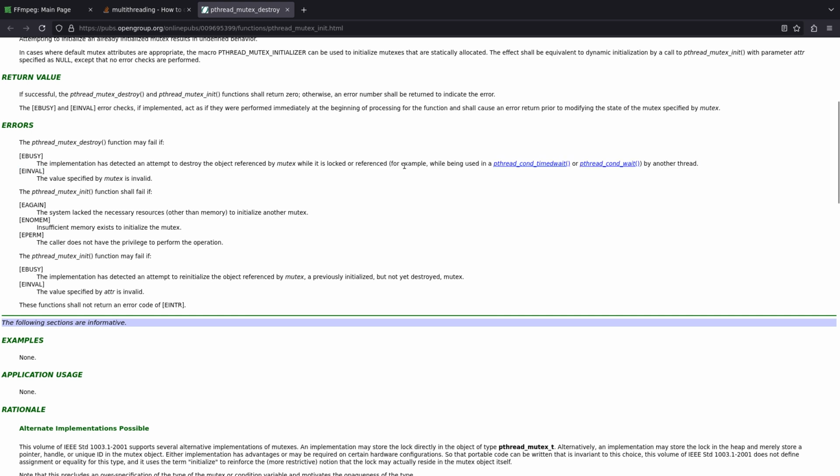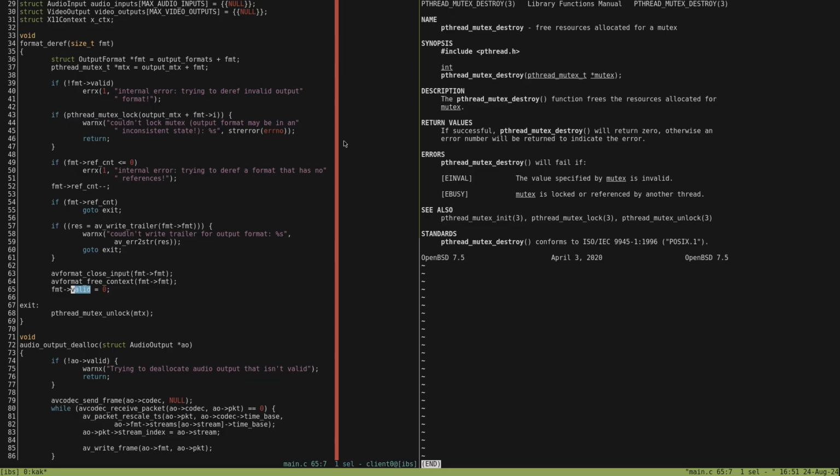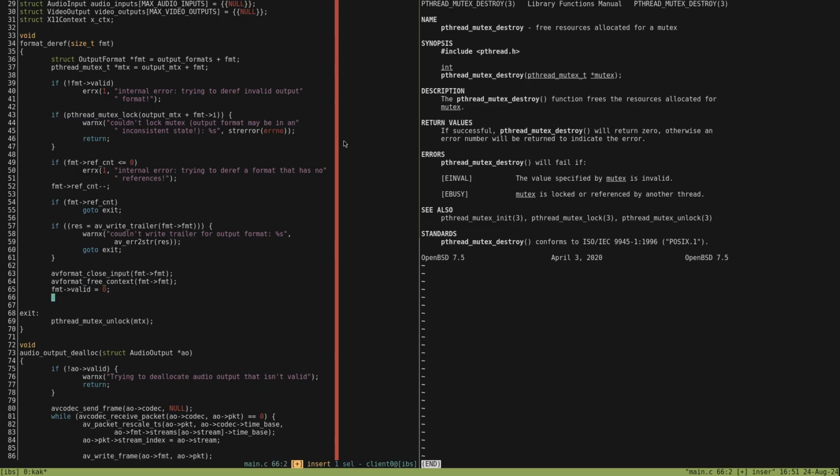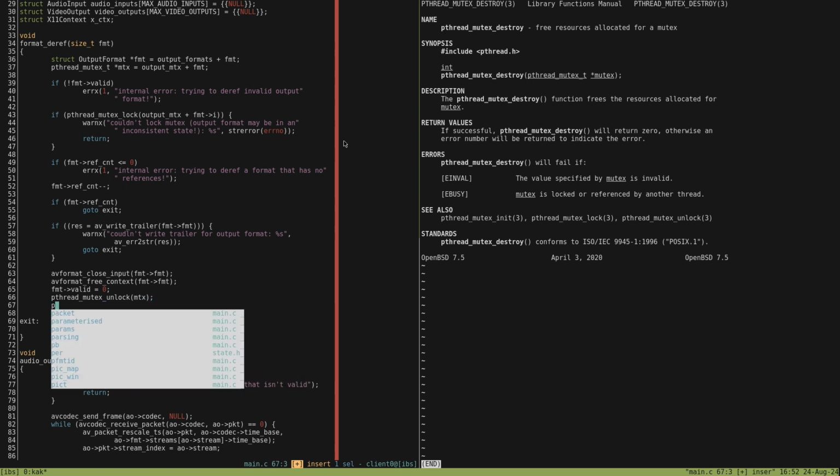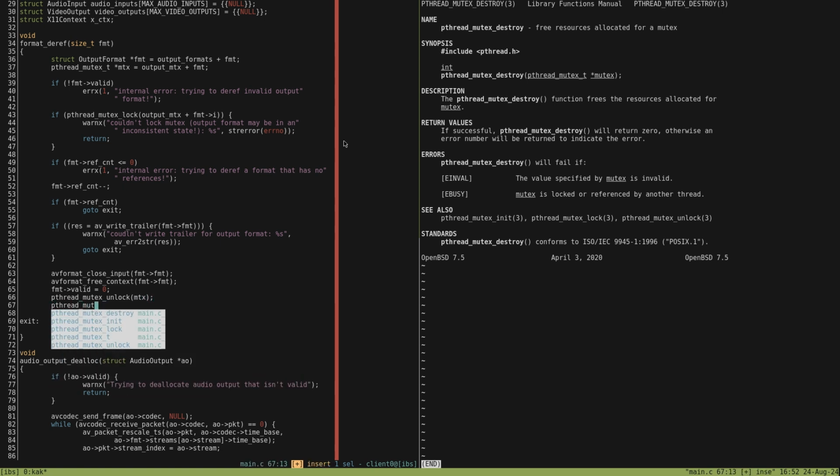Right. Okay. Let's unlock it. pthread_mutex_unlock. pthread_mutex_destroy. Mutex, return.